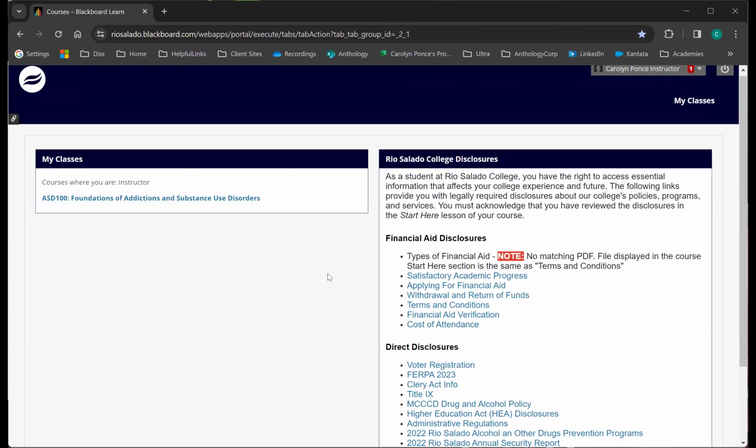The next place in your course that I want to make you aware of is the control panel. The control panel is kind of your course management area. This is for instructors only. Students do not have access to the control panel. It is located in the lower portion of your course menu. So in that lower left-hand area, it says course management, and then it says control panel below it.